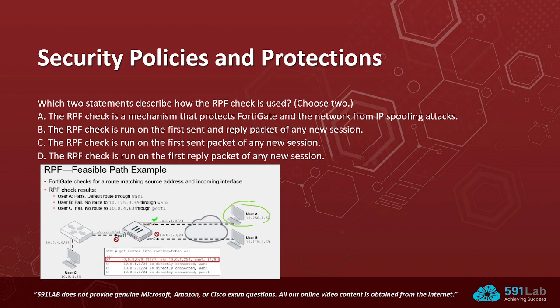That is the reason why if you make some traffic from this computer to, for example, user C, from this one, this is going to work. But if you make the same for this interface, this is not going to work because the FortiGate doesn't know how to reply back